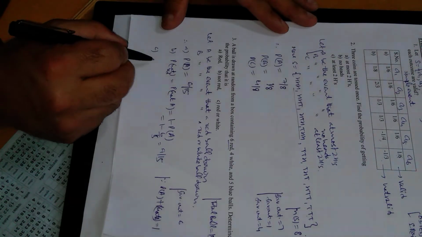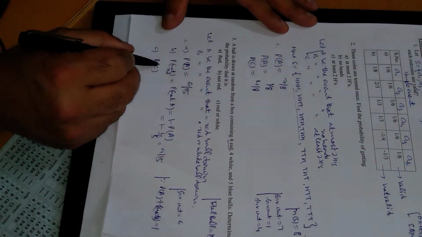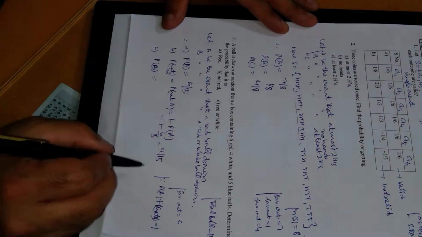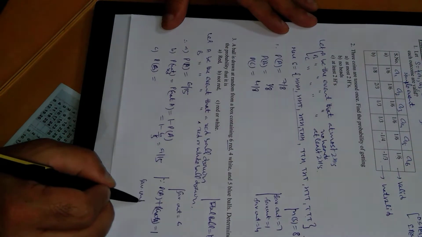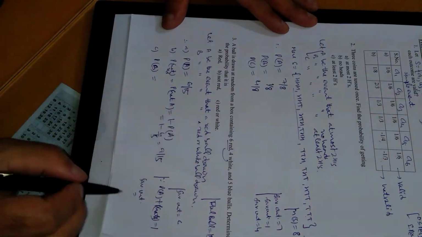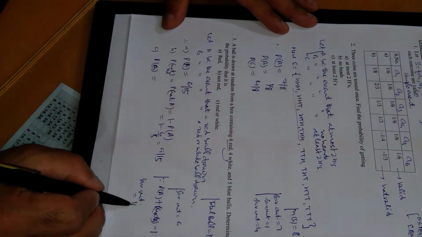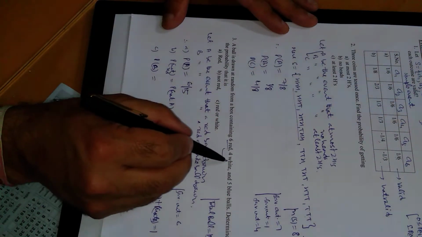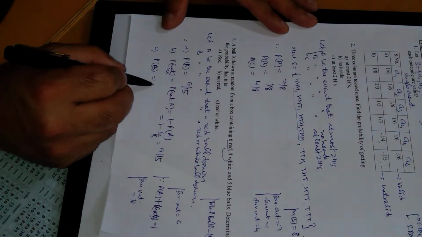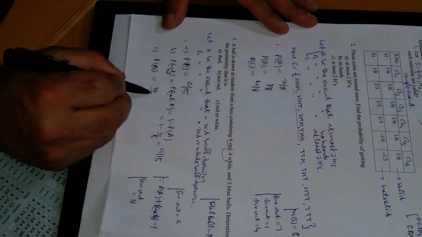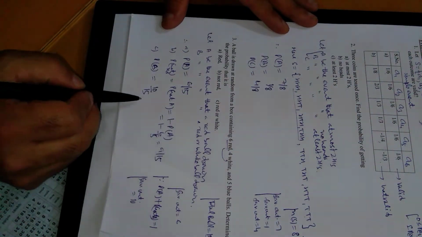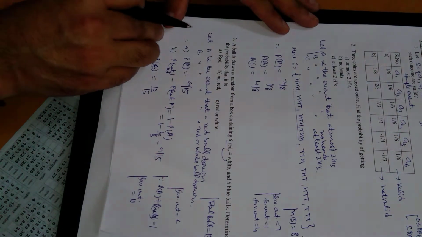Now come to the third, P of B. This is already in event form. This is the probability of B, red or white. Favorable outcomes for red or white means 6 and 4. We have 10 options, so favorable outcomes are 10, because any one of the 10 balls can be drawn. Actually, the probabilities are for one ball draw. So there are 10 favorable outcomes and total outcomes are 15. So this is the probability that a red or white ball is drawn.